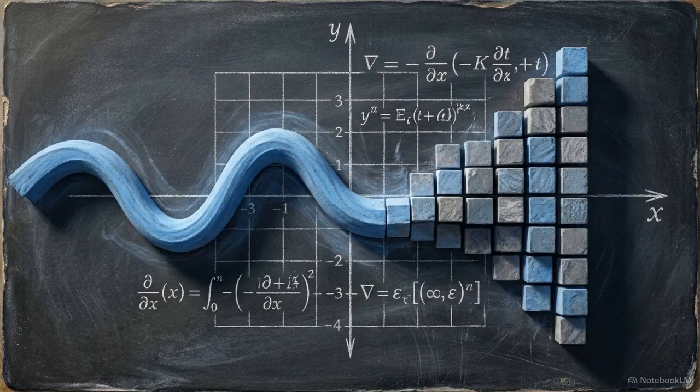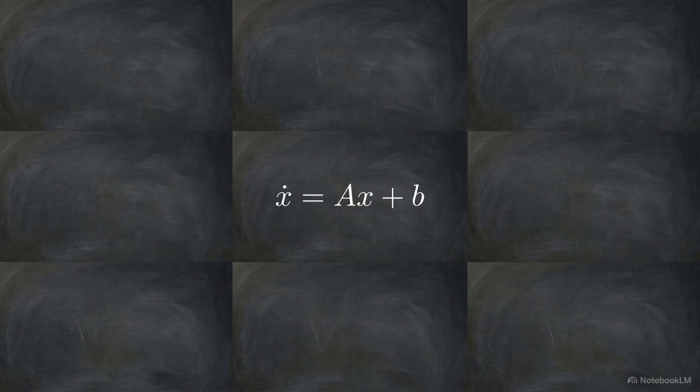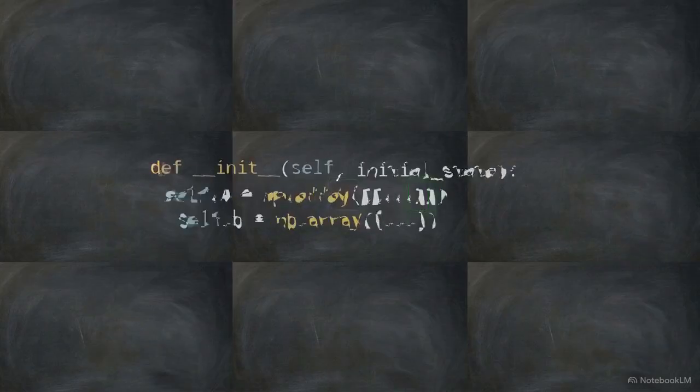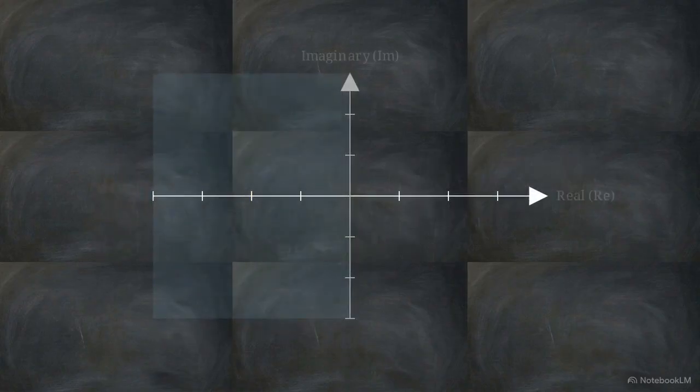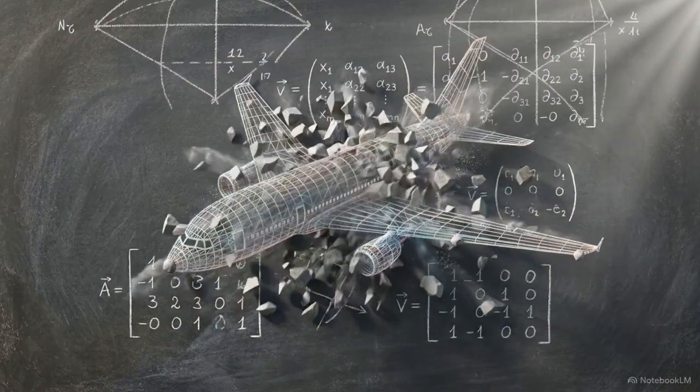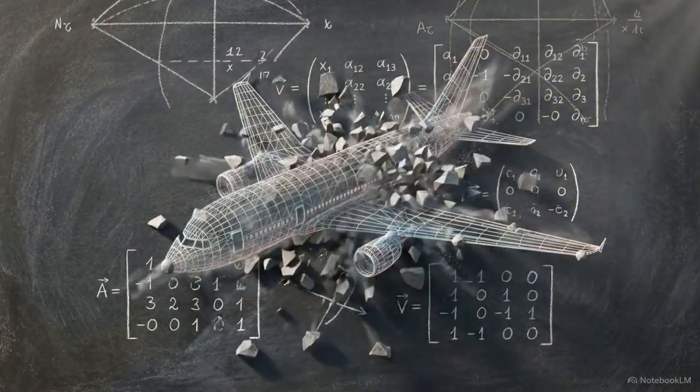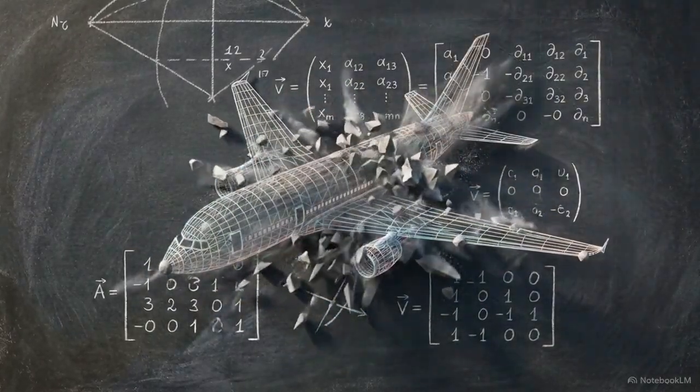Our final task is converting continuous physics into discrete algebra, so a computer can iterate the solution. We translate the system into the standard linear state space form. The math collapses into a clean matrix equation. Matrix A stores the system's core physical dynamics, while vector B holds the external controls. This links the theoretical math directly to programmable code. By calculating the eigenvalues of matrix A, the software instantly proves whether the simulation will reach a perfectly stable equilibrium or violently spiral out of control.